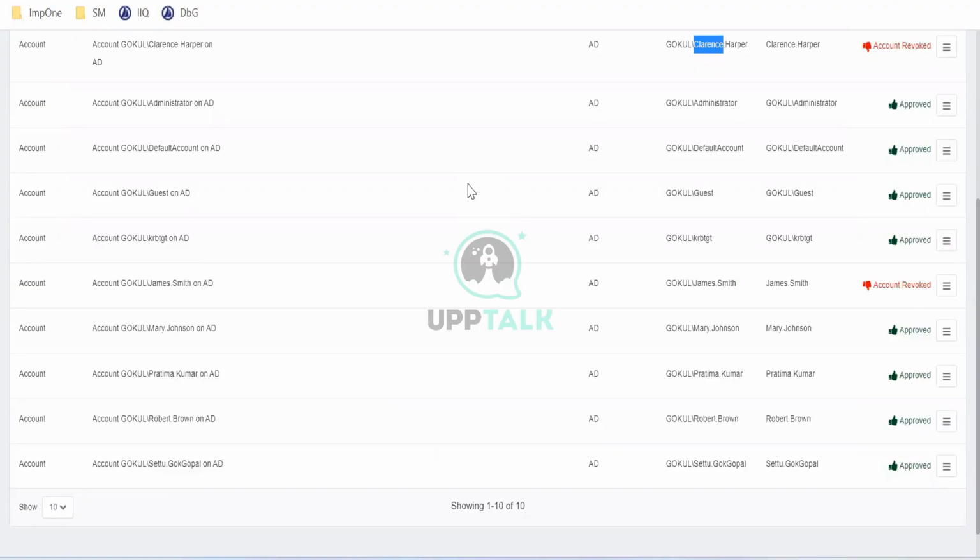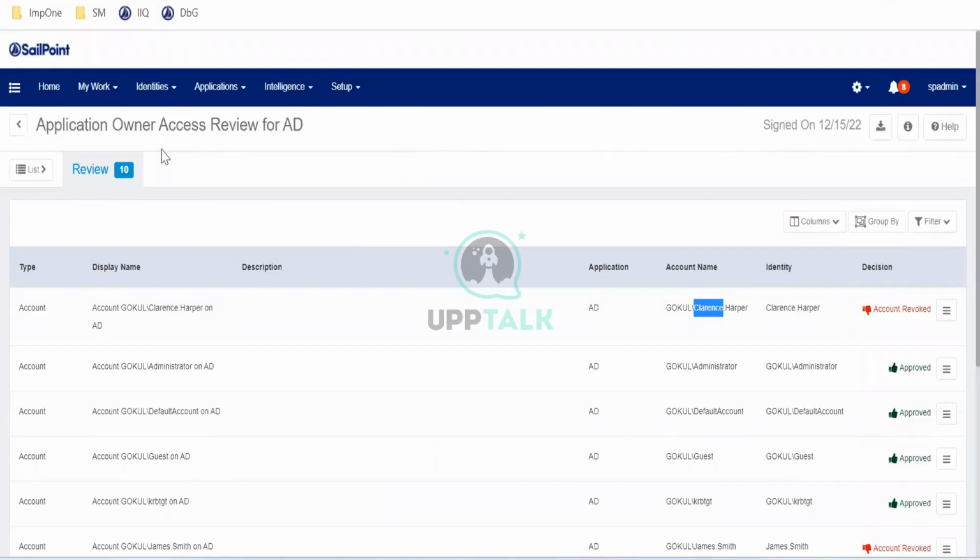If it is a disconnected application, in that scenario, an ITM will be generated. This is what I have noticed. For ticket generation, they actually write code for that. They send email for ticket generation.